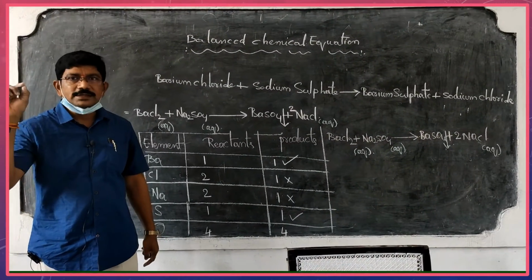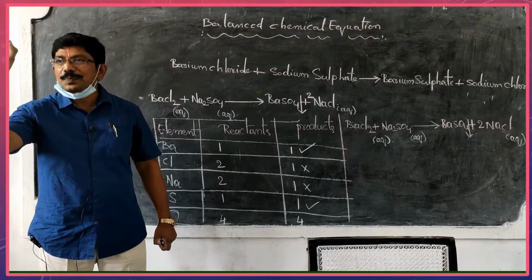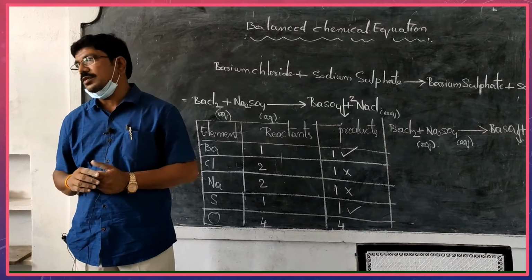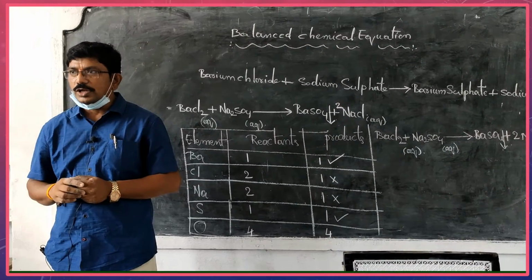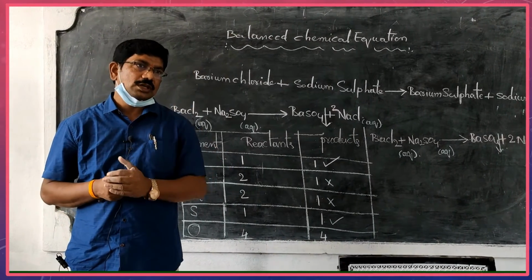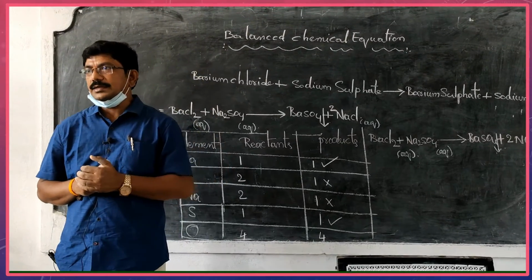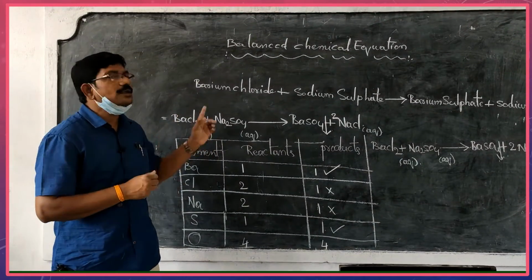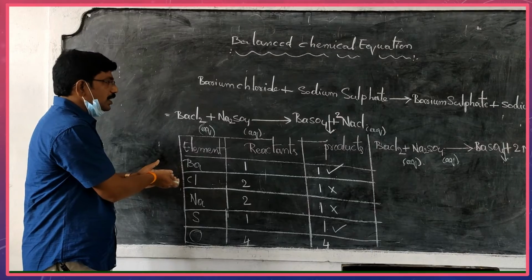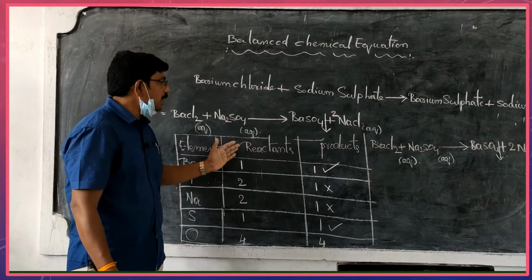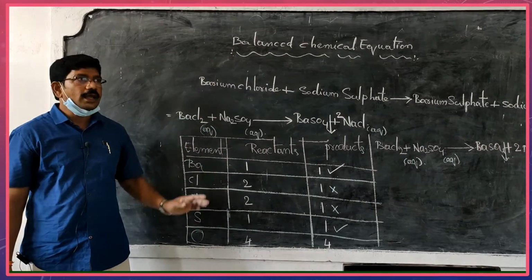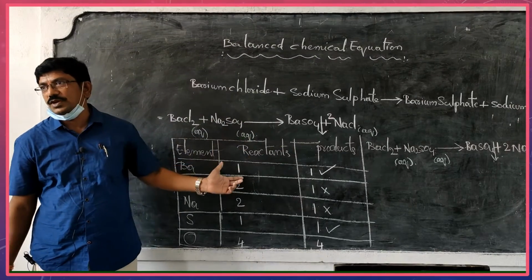Okay. While balancing, you always start from the simplest one. First you check which is not balanced. Okay, start from that one only. Are you clear? Any doubt in it? Okay. So first you write the word equation for the given chemical reaction. After that, what you have to do? You write the molecular formulas, and list out the elements that are present. Next, how many atoms of each element are present on the reactant side and product side. Are you clear? Then go balancing from the simplest one.